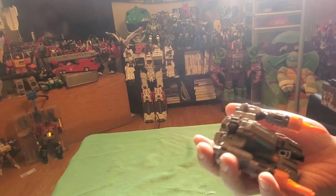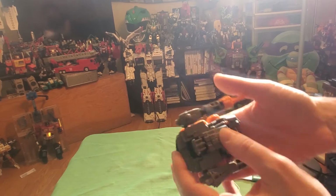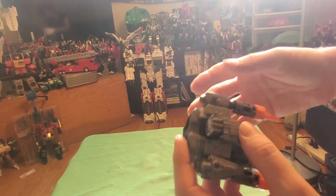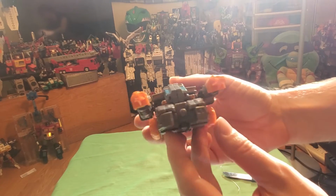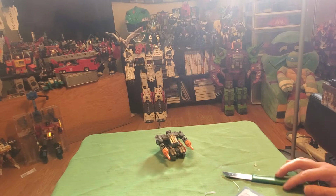I mean, some things with the arms could have been done, like the arms could have been able to push in, so with the shoulders it wouldn't have these gaps and been a bit more stable. But overall, not a bad vehicle mode for a weaponizer. And now